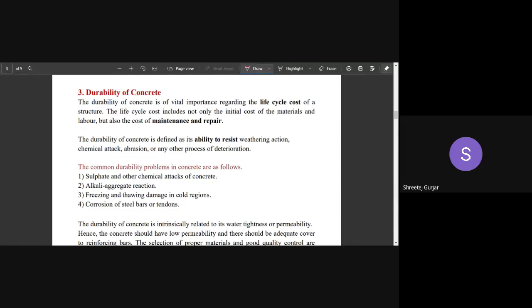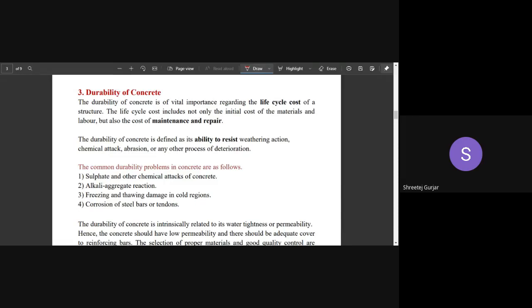Your life cycle cost not only includes your initial cost of materials and labor, but it also includes your repair and maintenance cost. So we need durable concrete so that our cost of repair and maintenance is lesser. Durability of concrete is defined as its ability to resist weathering action, to resist chemical attack, to resist abrasion and any other process of deterioration. The ability of your concrete to resist all of this is nothing but your